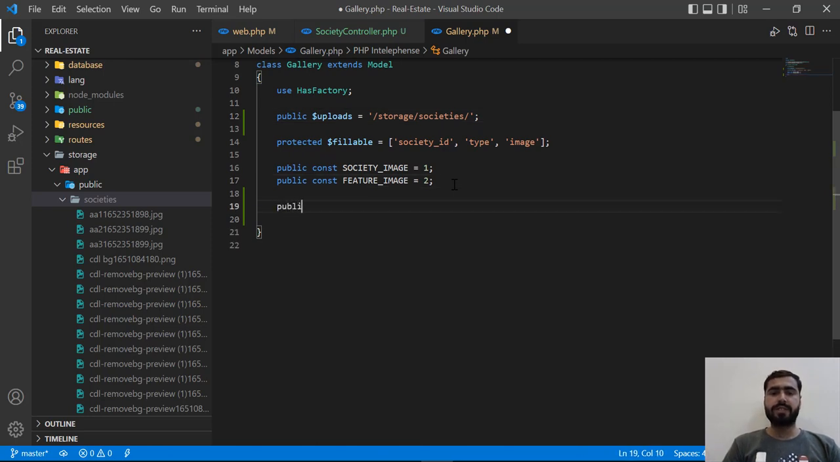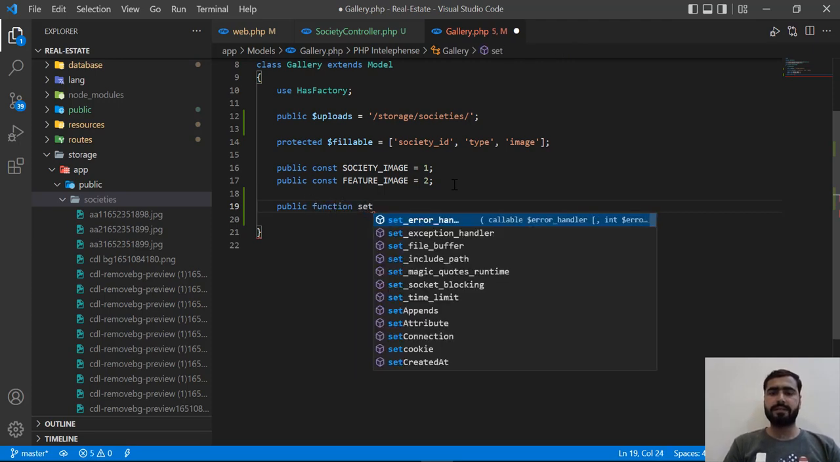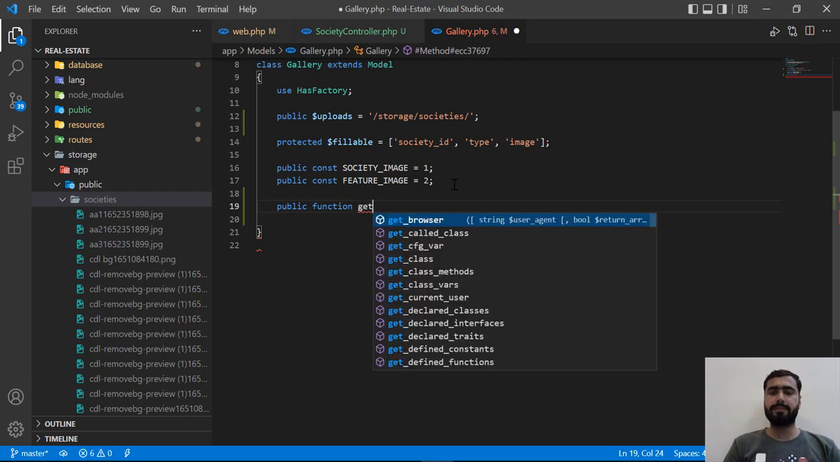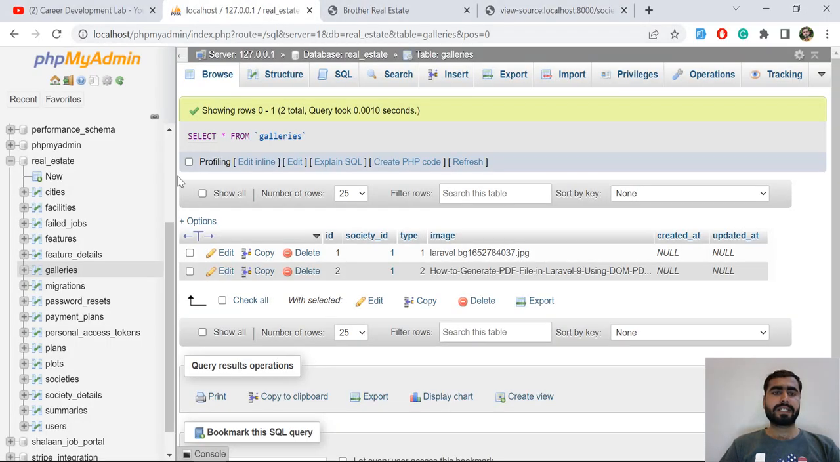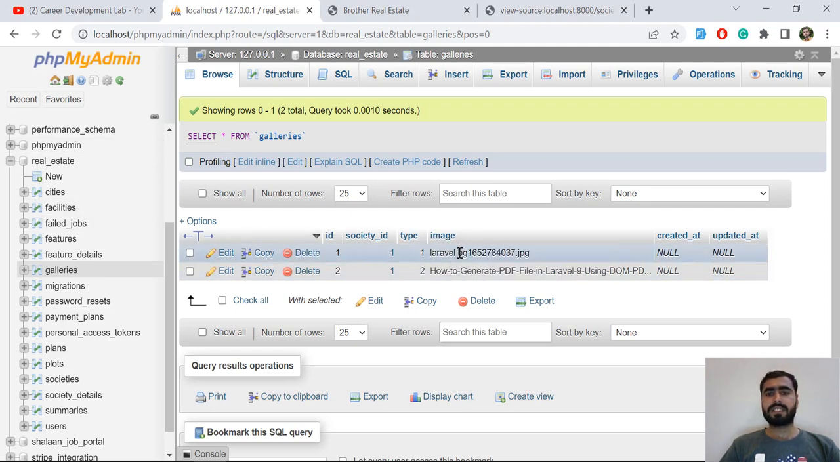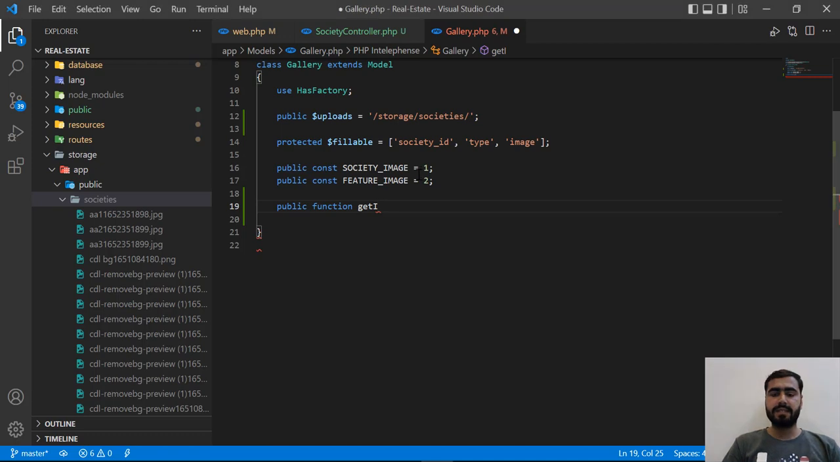You already know how you can set the mutator. Public function set, not set, it's a get image. Why am I mentioning this image? Because in my galleries table I named this column image, that's why I'm mentioning image here. So image attribute, and then you need to accept a parameter here. I'm naming this image, and then here you need to return